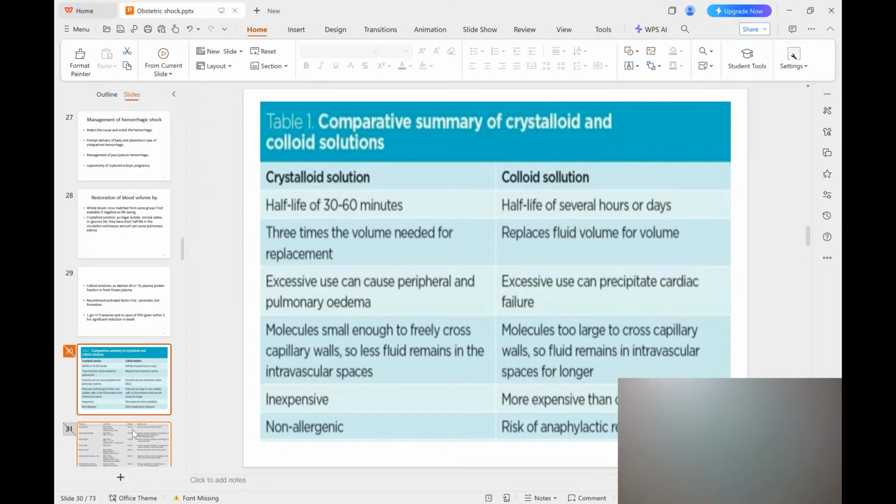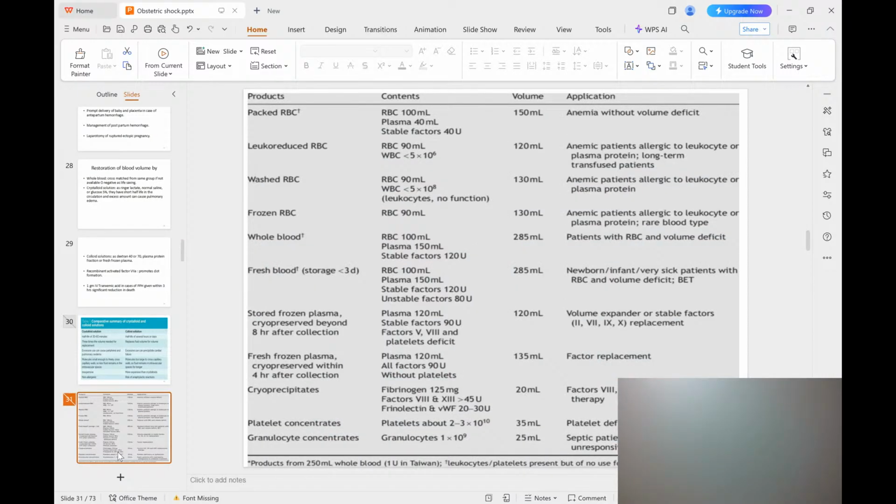So this is the comparative study of crystalloid and colloid solution. Crystalloid half-life is less, but colloid half-life is more. So there will be 3 times the volume needed for replacement, but excessive use can cause pulmonary edema. In colloid, molecules are too large to cross the capillary walls, and it is more expensive, and there is risk of anaphylactic reactions. These are some blood products, that is PRBC or packed red blood cells, which contain